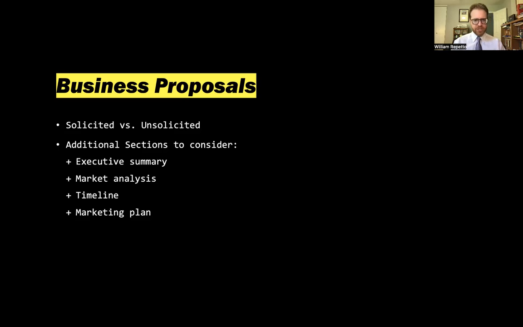They have all of the sections that you're going to practice with for this week, plus a couple of other ones. Your textbook online adds an executive summary. Well, it says cover page and executive summary. I'm sure if you're working with a solicited proposal and an RFP, it'll tell you if it wants a cover page and an executive summary and things like that. So that might not be the case every time, but an executive summary is essentially an abstract.